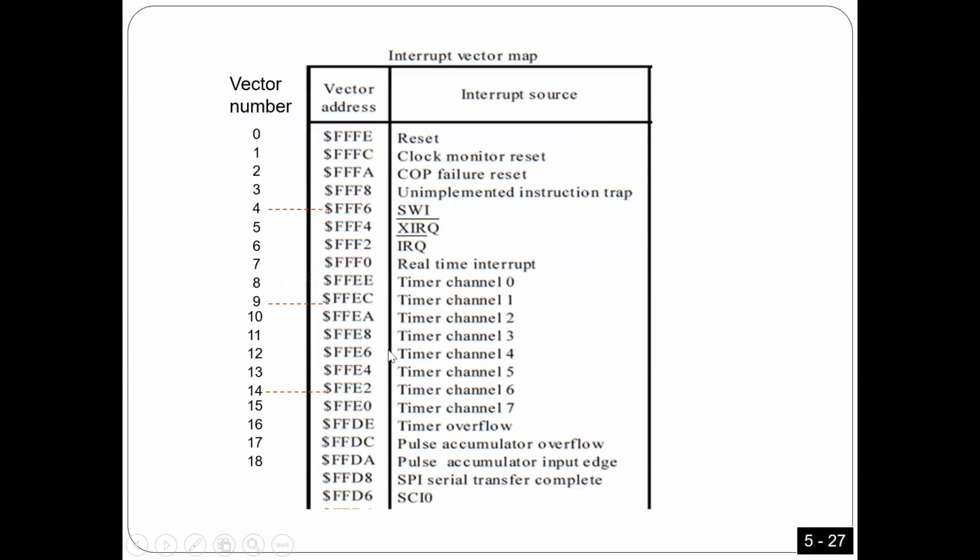To remember in C language, when we have to use a certain number when you use interrupt, we used void interrupt, and then we used a number. Do you remember this number? This number should come from this table, and I told you this number should tell the C language what interrupt that is. For example, in case you remember, we used the number 6 in case of IRQ. We used the number 7 in case of RTI.